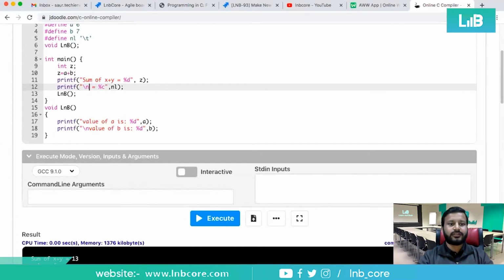Let me change this sentence also. It will give a space, right? And after this space, because we did not use any \n or \t, in the same line after a space, this thing will be printed. Value of a is equal to a, which means 5, or sorry, 6.